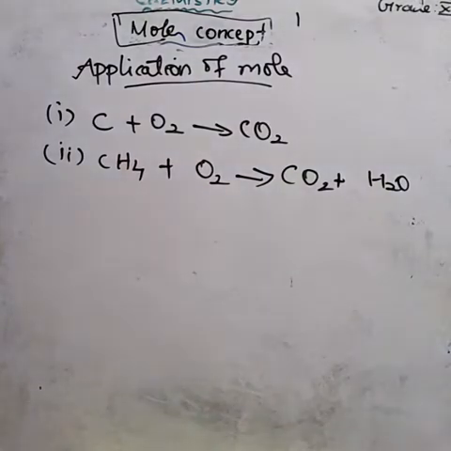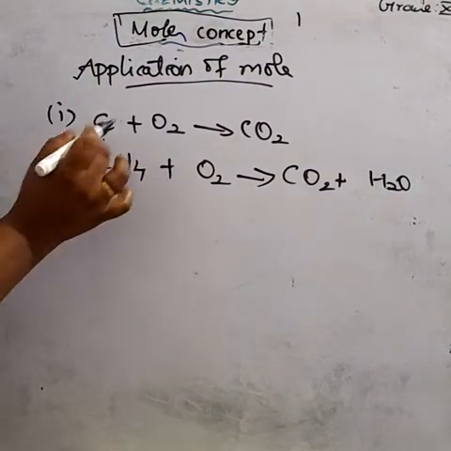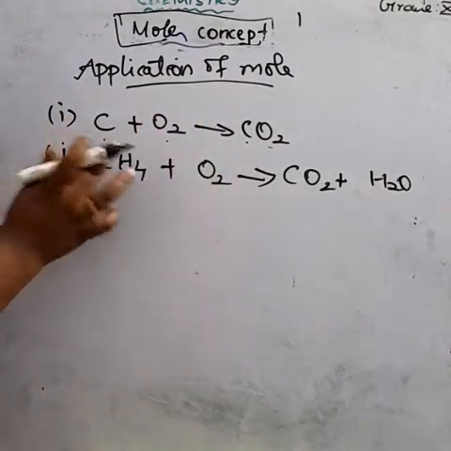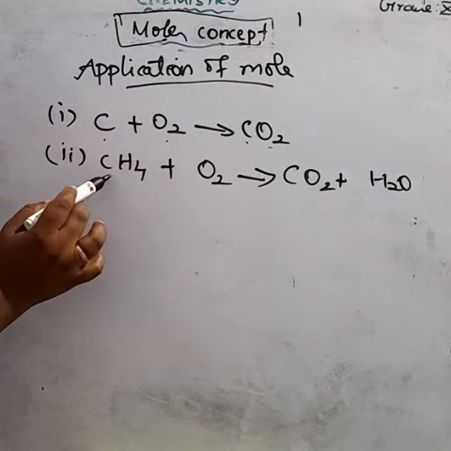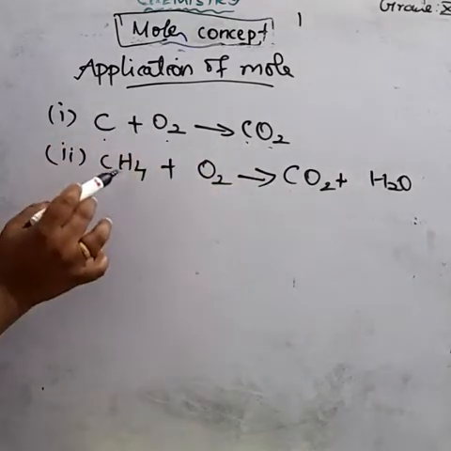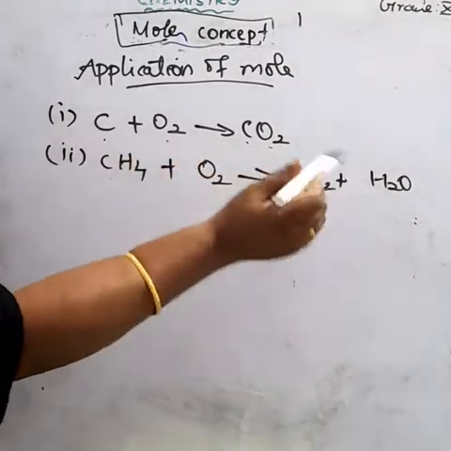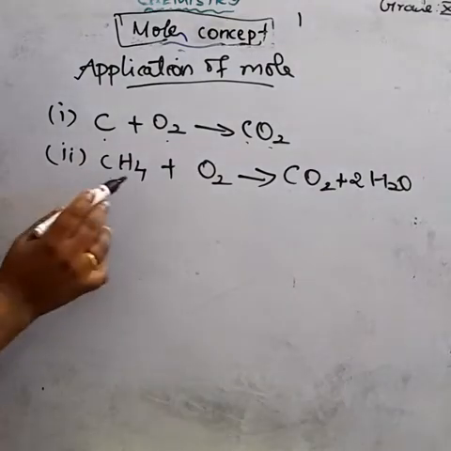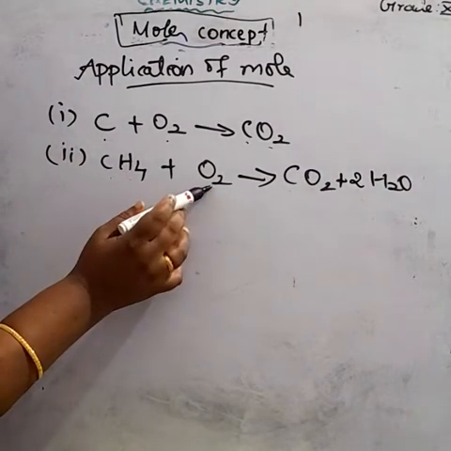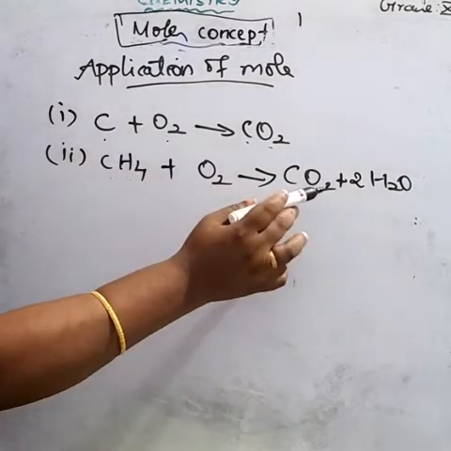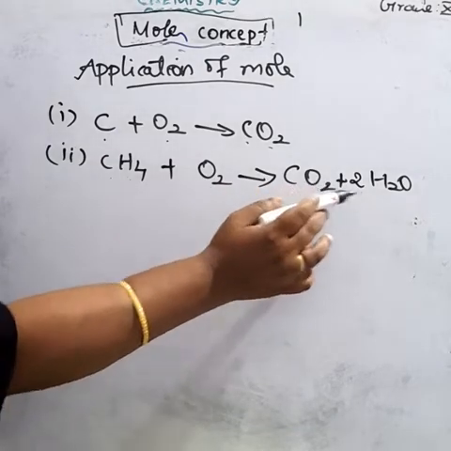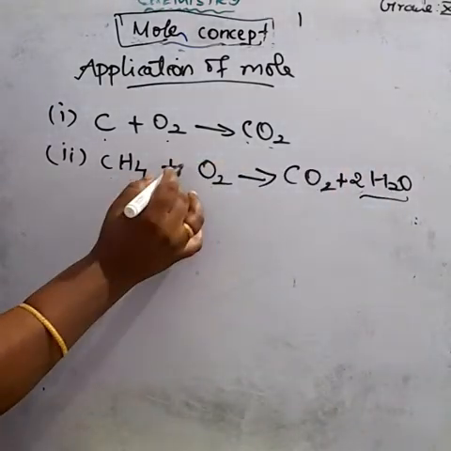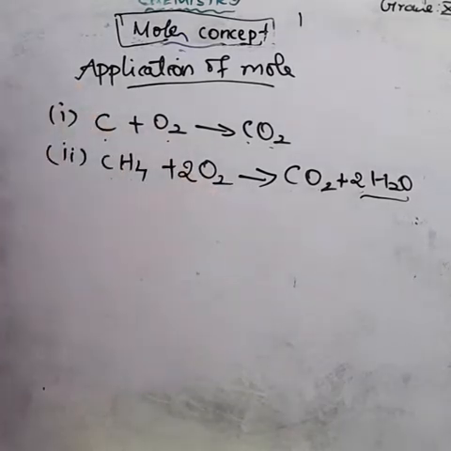So here we have to balance the equation. Here one carbon, here also one carbon. Oxygen here 2, here also 2 oxygen. The equation is balanced. For the second reaction, carbon 1, here also carbon 1. On the reactant side the hydrogen is 4, but here only 2 hydrogens are there. So we have to make it 2. So 2 twos are 4 hydrogen, here also 4 hydrogen. Hydrogen is balanced. But oxygen, here 2 oxygen, here also 2 oxygen. Totally 4 oxygen on the product side. But the reactant side has only 2 oxygen. So we have to make it 2. Now 2 twos are 4, the equation is balanced.